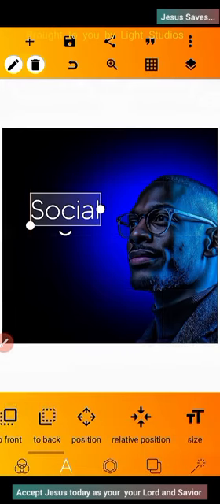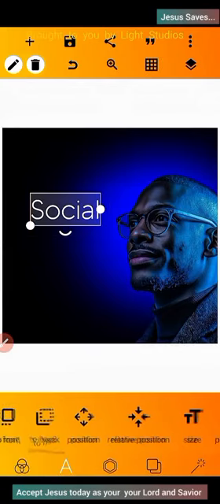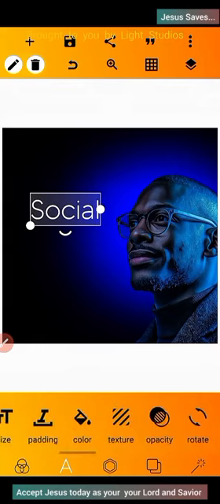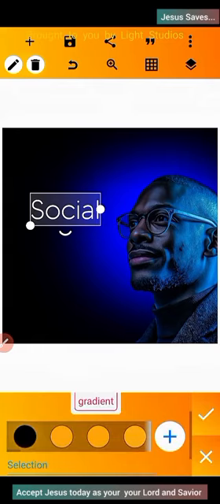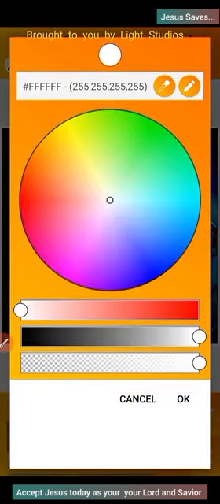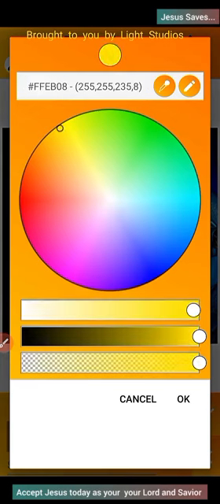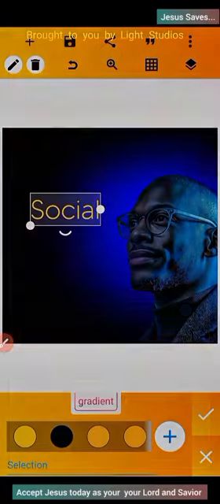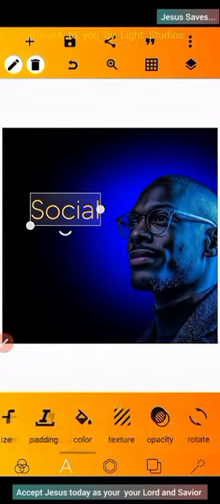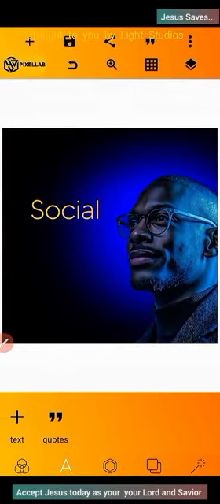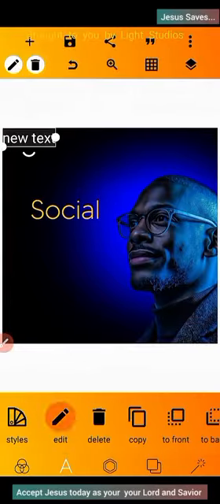So the next thing we're going to do is to actually change the color. Click on color, click on the plus button, and bring the color to this place, and then click on OK. This is great. So the next thing we're going to do is to create another text,